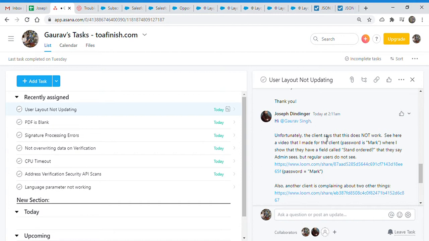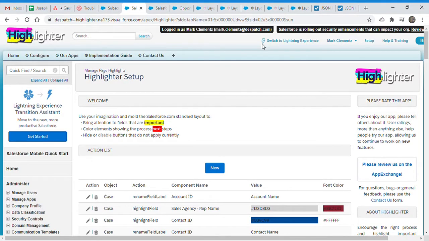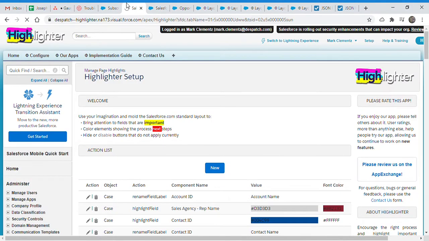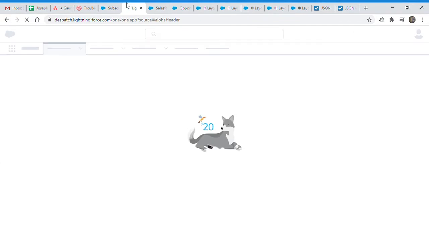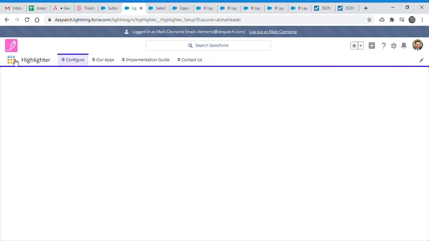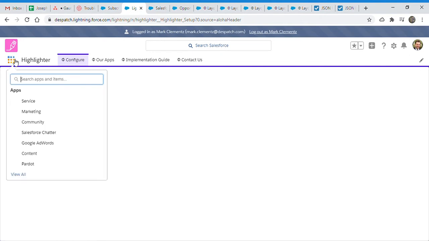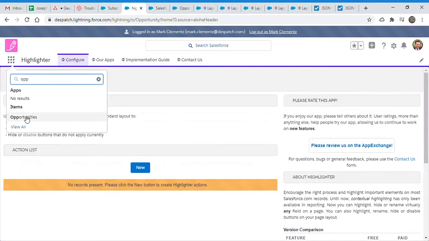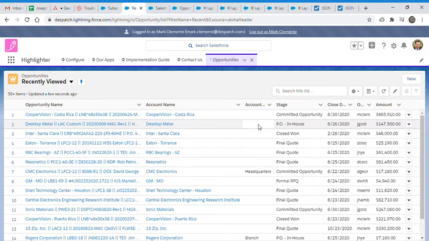So I want to show you how it's supposed to work in any org. Let's say we go to an opportunity, and see how our component tries to load the layout, so that we better understand when we need to sync and what we are syncing before loading the page. So let's open the opportunity. Okay, so let's open any opportunity.